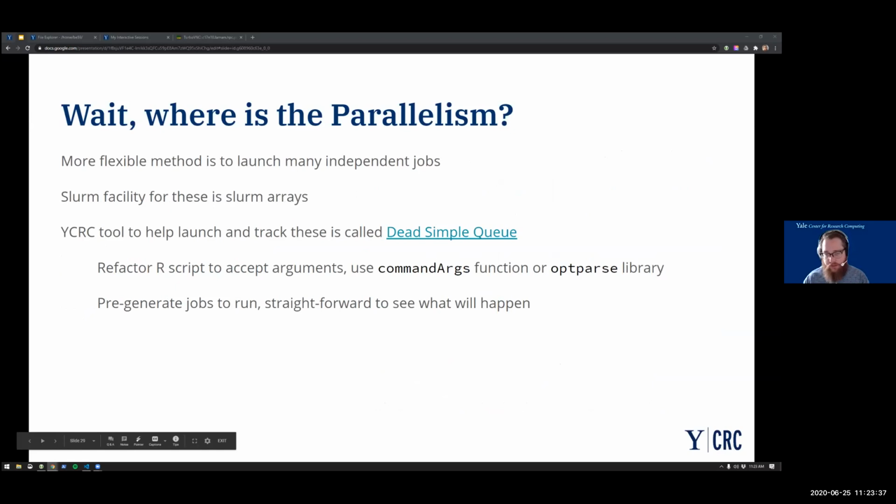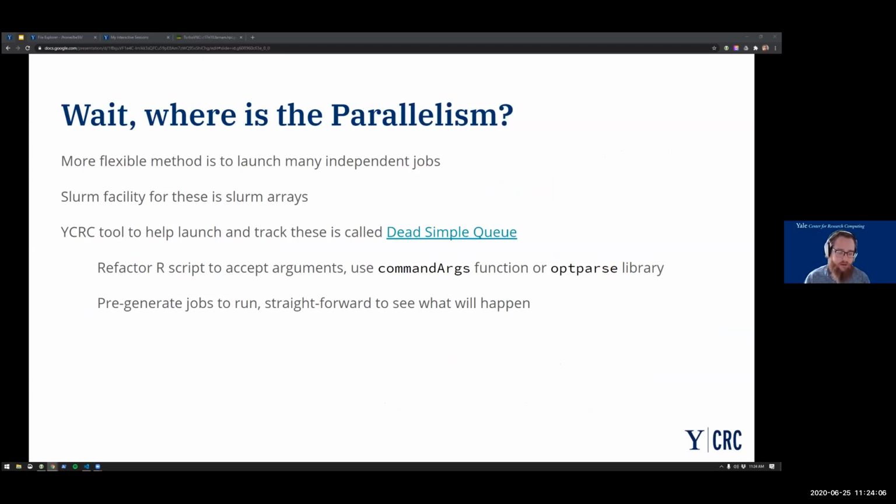And so a more generalizable approach to this is by using a facility that the scheduler provides, and these are called job arrays. And the cool thing about them is the scheduler handles the parallelism for you. So say I wanted to have 100 sequence files analyzed with an R script.